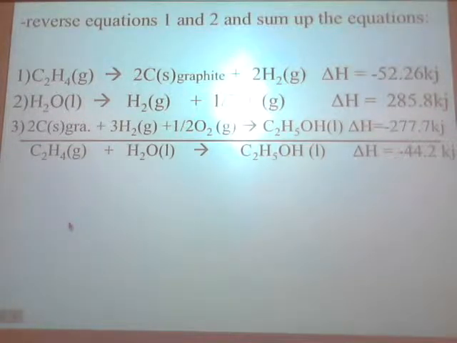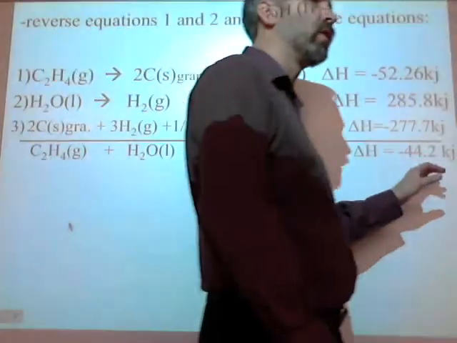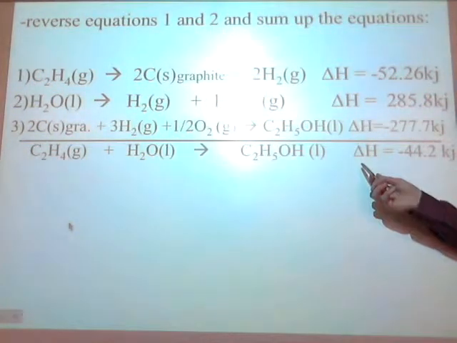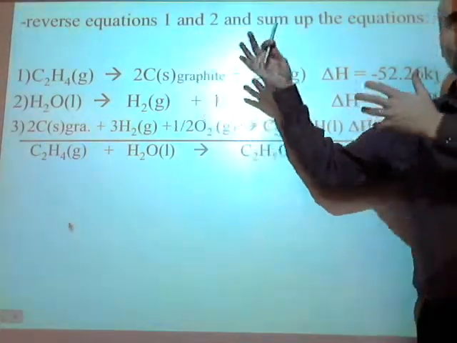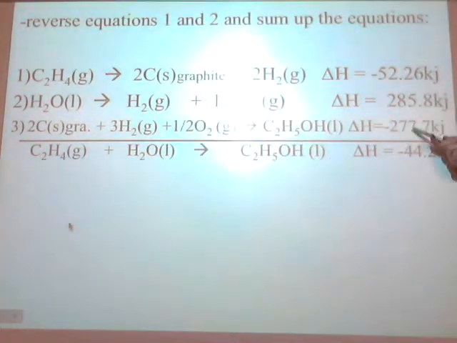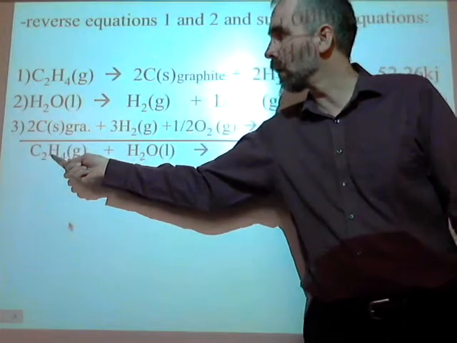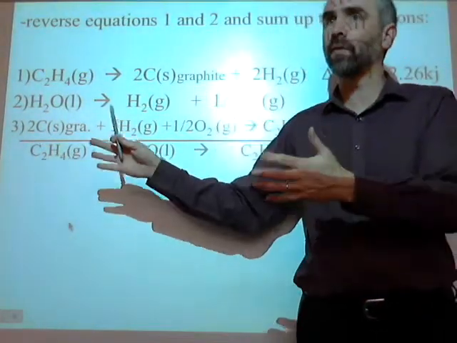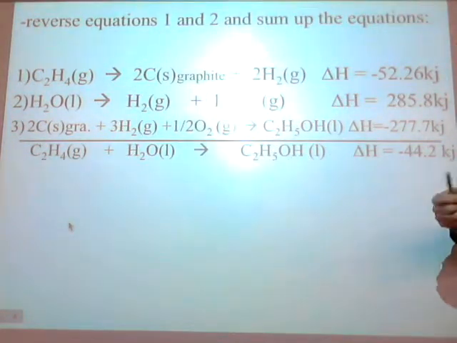Now, obviously, I don't want to spend 10 minutes writing all that stuff out every single time I do a problem. In effect, what is all I have to do? If all I care about is the amount of energy associated with this reaction, and that's all I do care about, now that I know this works, what do I simply have to do to these values? Switch which ones? Well, yeah, but it's not always going to be 1 and 2. The reactants or the products? The reactants. The guys who are reacting, these two guys here, have the same value but opposite sign. And this guy here keeps his same value and sign, right?